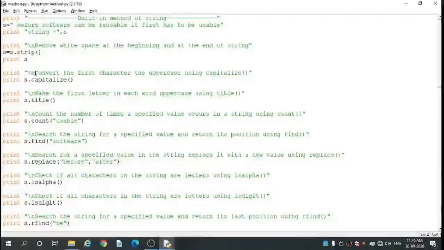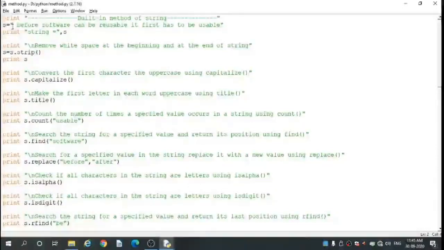Next, print in double quote \n, convert the first character to uppercase using the capitalize method. So here print s dot capitalize. The capitalize method converts the first character of the string to capital and the remaining characters to small letters.